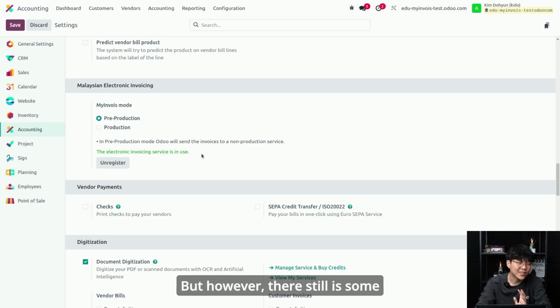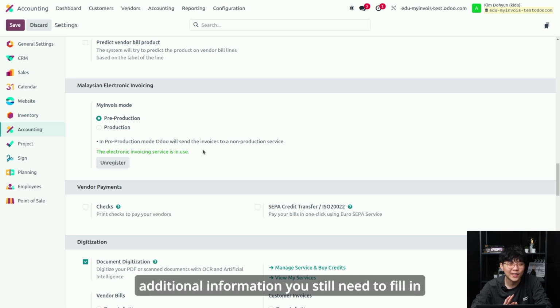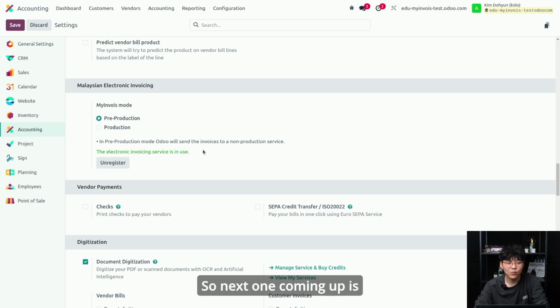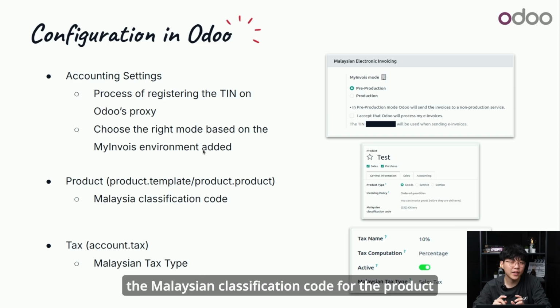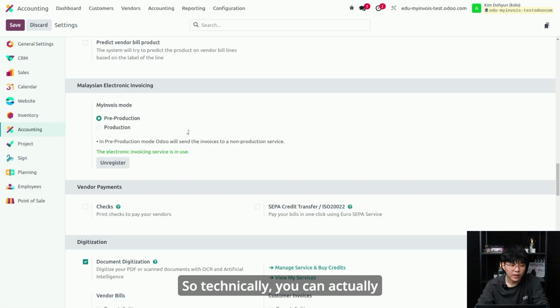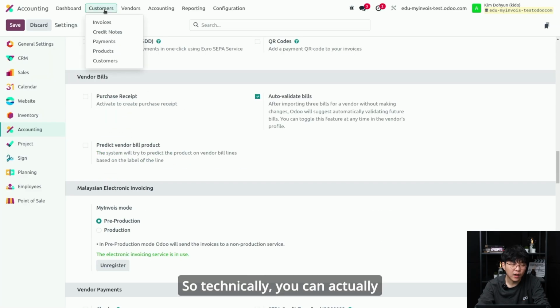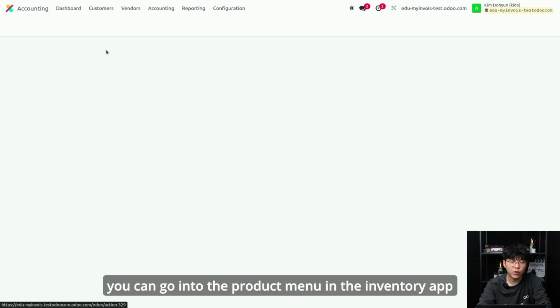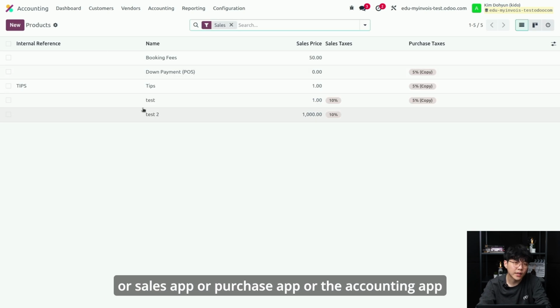However, there is still some additional information you need to fill in, which is mandatory. Next up is the Malaysian classification code for the product. This information is a must for you to fill in in order for the government to understand what product you're actually issuing the invoice under. Technically, you can set this directly on the invoice, but to make it simpler and easier to use, you can go into the product menu in the inventory app or sales app or purchase app